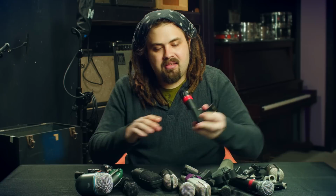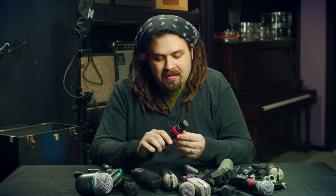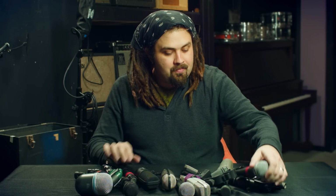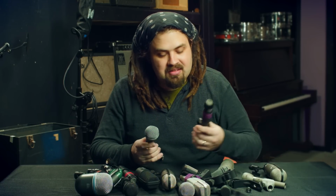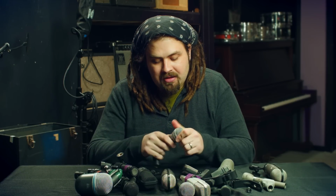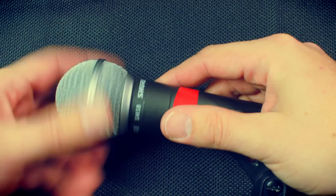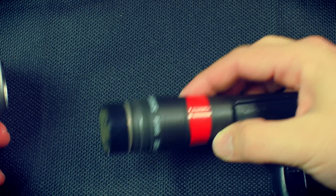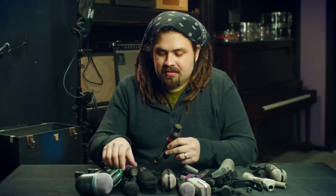Let's see here, the Audix. This is a standard SM57, just good to have. And another standard SM57 and SM58. These are actually really great if you take the windshield off. Really great sounding mic. And the capsule